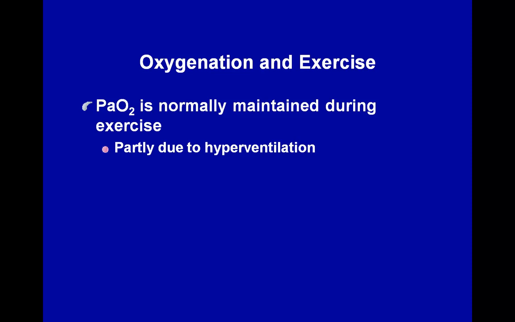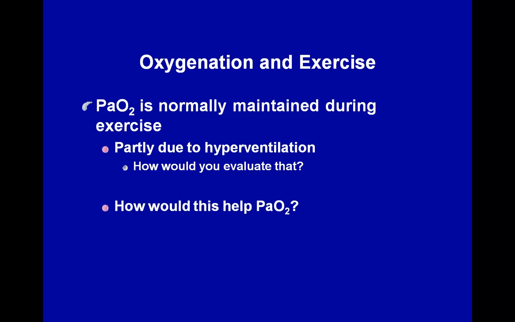Now normally, we really don't have much change in arterial PO2. In fact, in a lot of us, when we hyperventilate, that's going to increase alveolar PO2. It's going to increase the driving pressure for oxygen to diffuse, and it also increases our potential arterial PO2. So if we look at the alveolar air equation, which we can do when we make assumptions, we can come up with a value for arterial PO2 that's going to drive that oxygen across into the bloodstream. And if our alveolar PO2 is higher, arterial PO2 will be higher